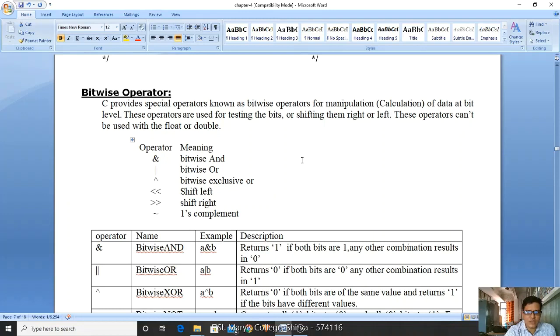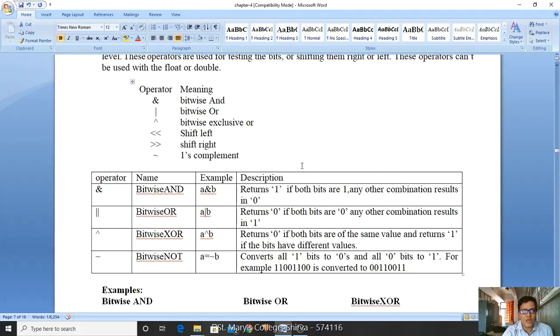These operators can't be used with float or double. They work only on integers. So by using them you can test the bit, and you can shift the bit either left or right. Then how do we represent these bitwise operators? A single ampersand symbol is called bitwise AND.